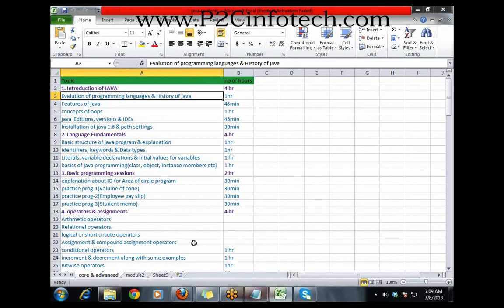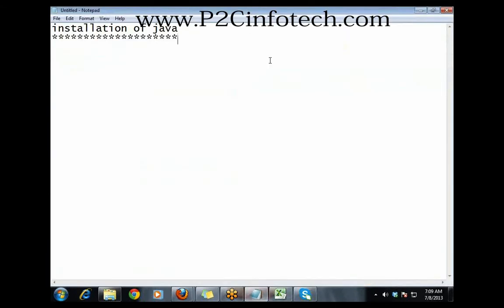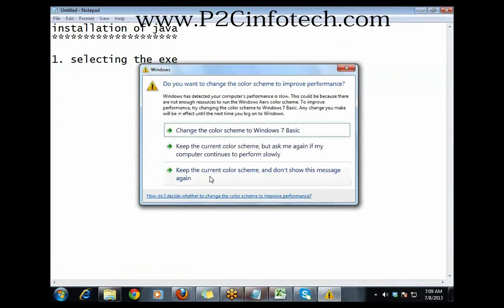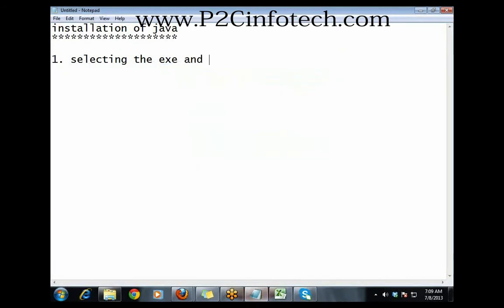Installation of Java consists of two parts: selecting the executable file and installing it on your machine. Then, second, after installation you have to set the path settings. Path setting is very important.